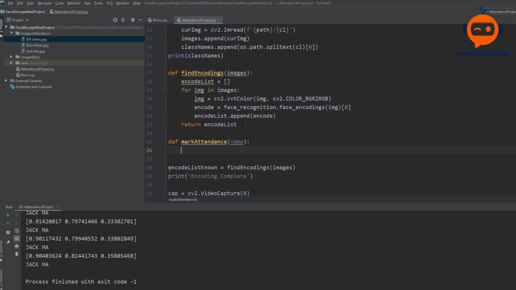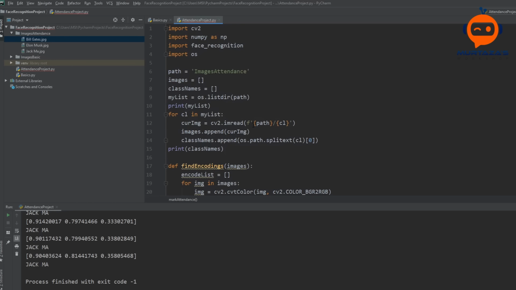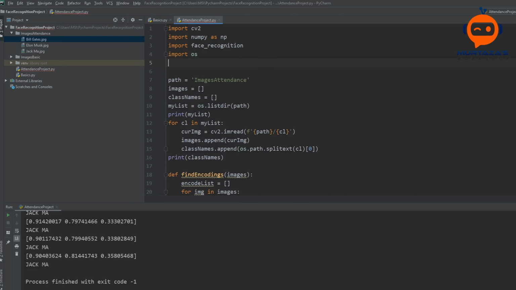Now you can experiment with this. You can add a lot of different things. You can even link it to a database, and you can do a lot of different things. But to keep it simple, we are only going to use the name and the time they arrived. Now to use the time, we will need the library for time and date. So we will say from datetime import datetime. So we will be using this.